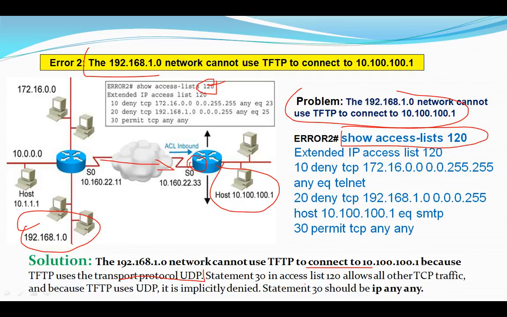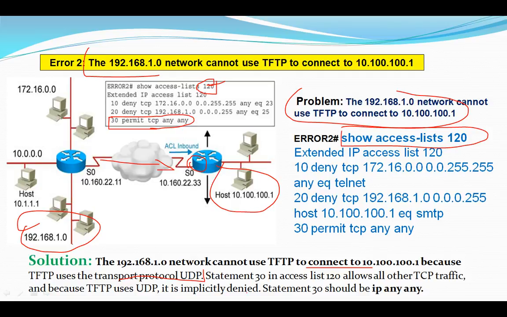Statement 30 in access list 120, permit TCP any, allows all other TCP traffic, and because TFTP uses UDP,